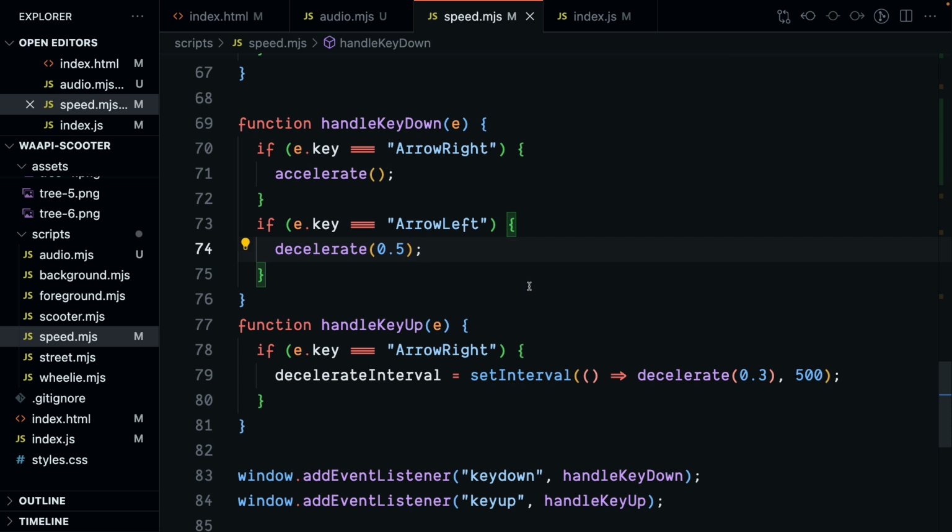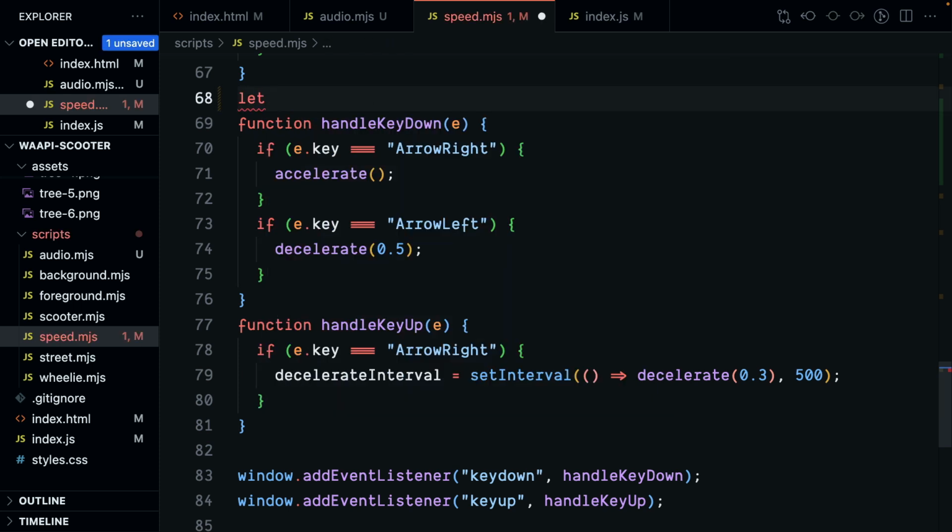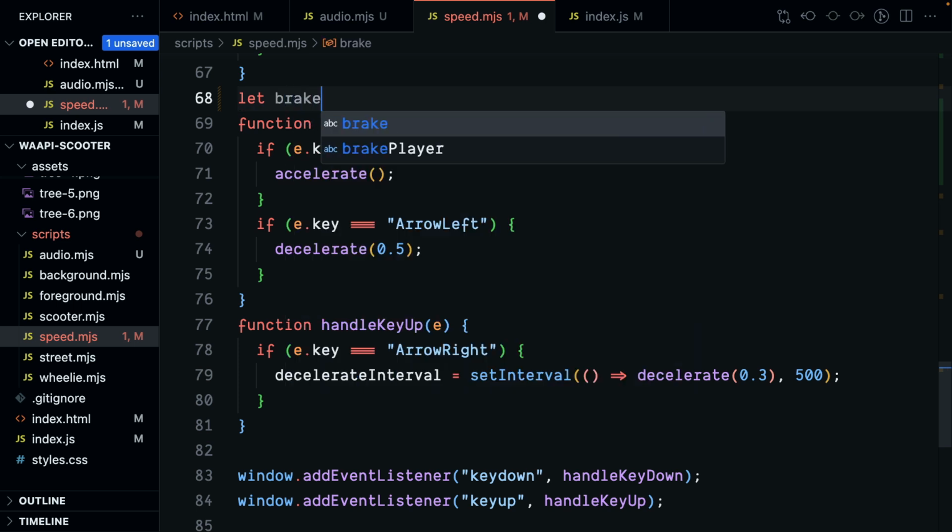And also, let's only play that sound if we pressed the back arrow or the left arrow for a certain amount of time. So we did not just press the button, however, we press and hold the button for a while. So how can we know that? As we know now, when we hold a button down, this event listener is going to keep running. So it is going to keep running until we release the button. So if we define maybe a variable here, let's call it break counter,